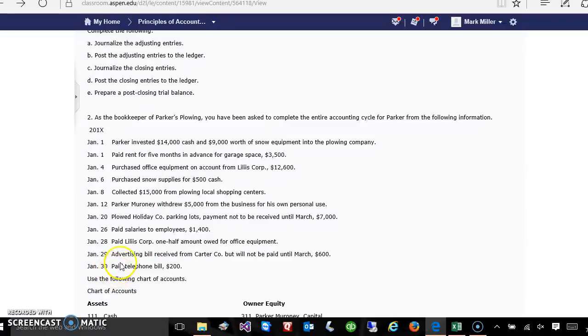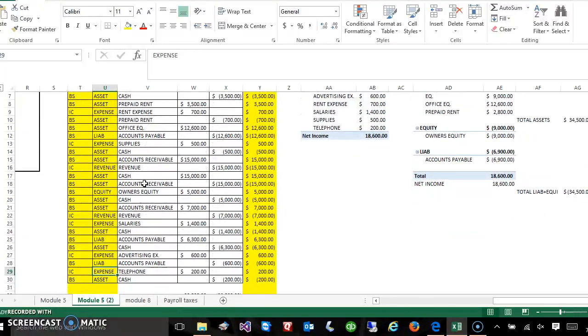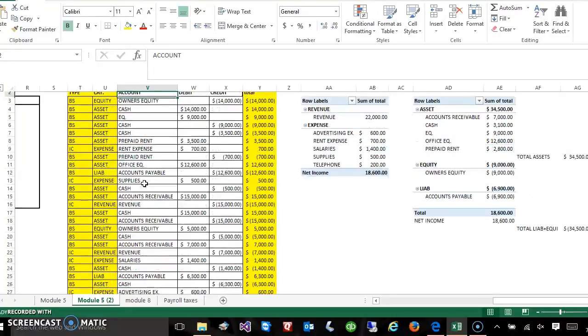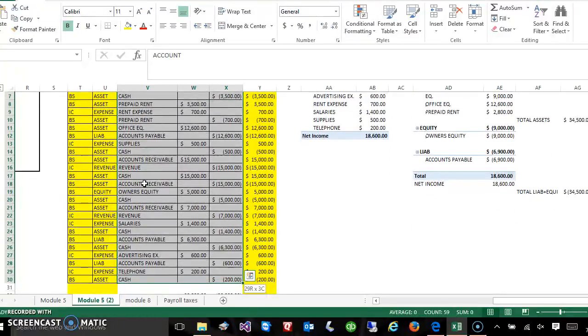So it says, paid phone bill for $200. So we go to the last transaction. So you have telephone expense, which is a debit because you incurred that expense, and you'll credit, which is the other side of the T account entry, cash, which is cash coming out. As you can see here, the way I label this T account, typically the T account would only be this section here. However,